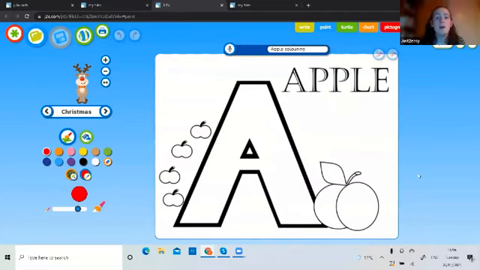Now, the slightly easier way of doing that, once my children are a little bit older and a bit more used to Jit Paint, is I could simply have shared the image with them and they could have loaded that as their background when they came into Jit Paint. That would work too. And that way I could just give them one picture like this, or I could share with them lots of pictures. They've got a little library of colouring sheets that they can complete and choose from. So a couple of different ways to do that.